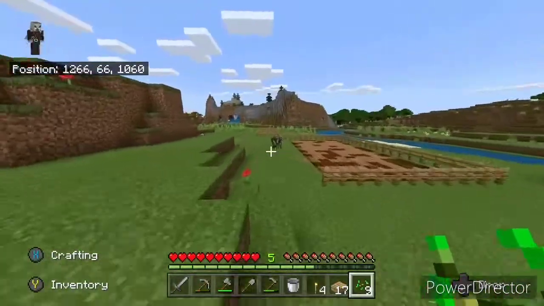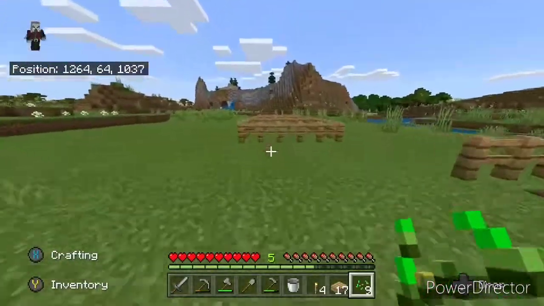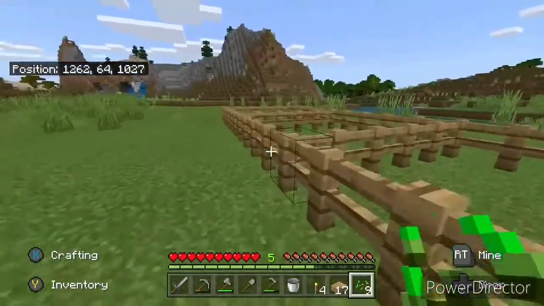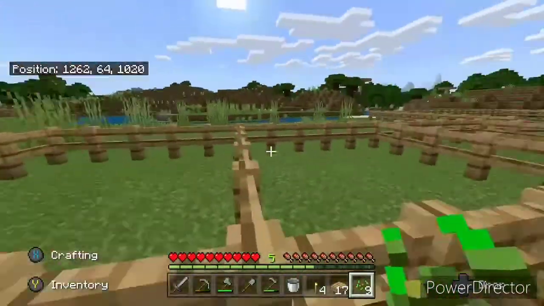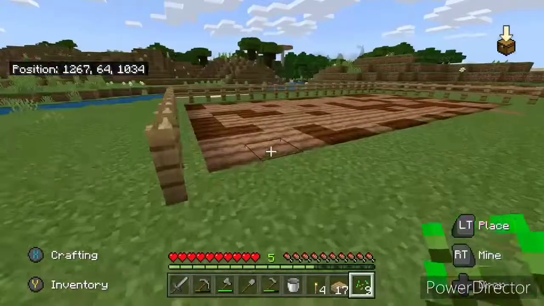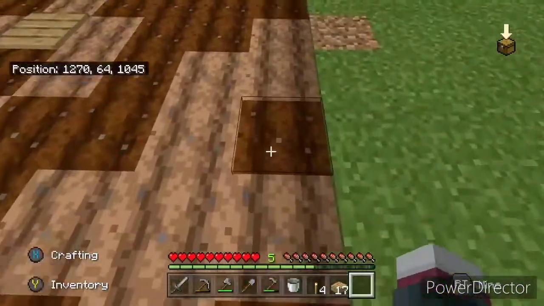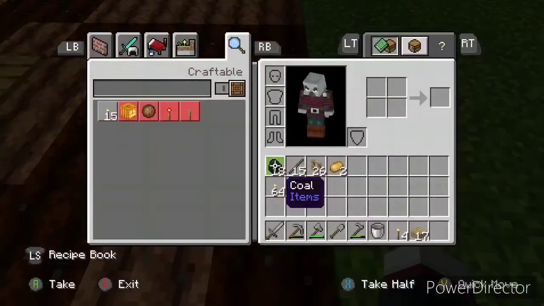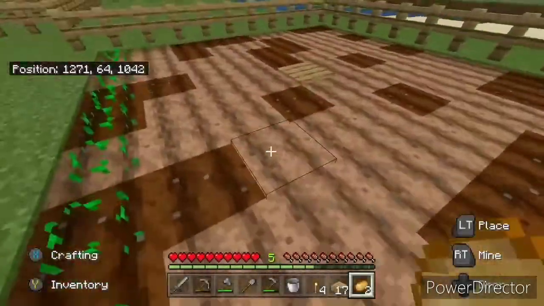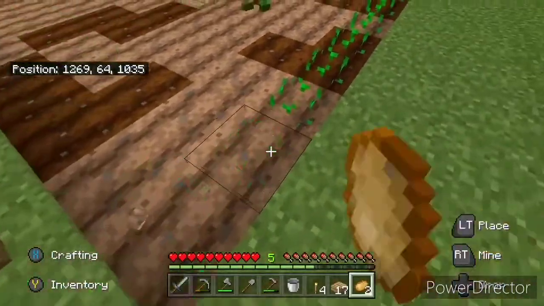Because guess what? We have the pens for the cows, the pigs, and the sheep. But we only have potatoes and wheat. And I don't know any animal that eats a potato. I just don't know of any. Well, actually,